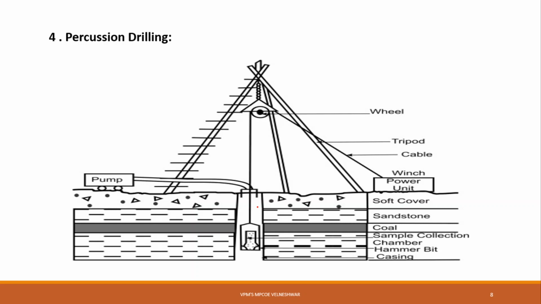In all types of drilling, the sides of the hole may be stabilized if required by the use of drilling mud or casing pipe. To avoid caving in, you have to provide casing pipe, or you can also use mud to protect the soil from caving in. Then the machinery used to advance the holes and take samples is called a drilling rig.